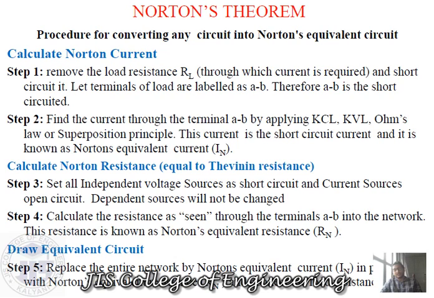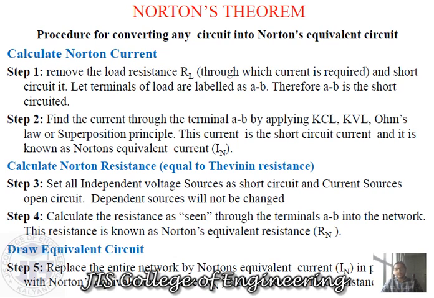For clear understanding, first of all we are going for the DC network, then we will go for the AC network. For any linear active bilateral network, first of all we have to find out which one is my load. So our first step will be to find the load resistance, and then we remove the load resistance and short the terminal to find the current which is flowing through that shorted path. That is nothing but our Norton current.